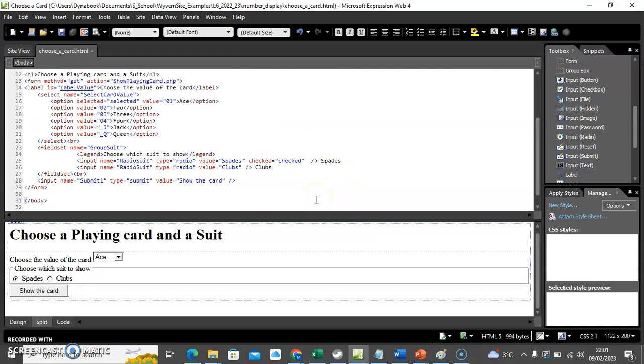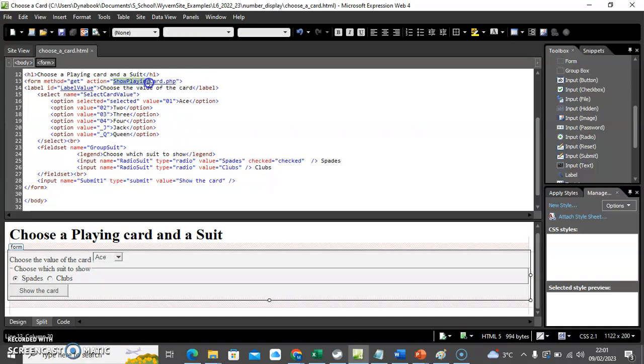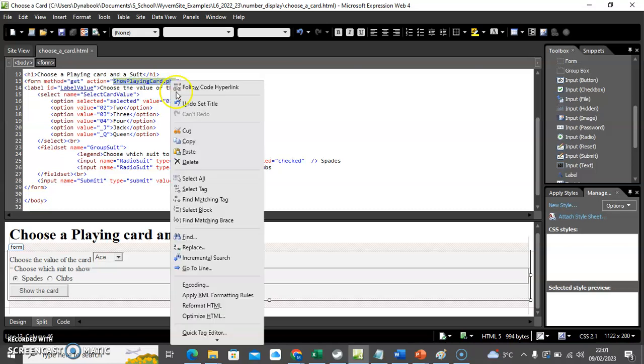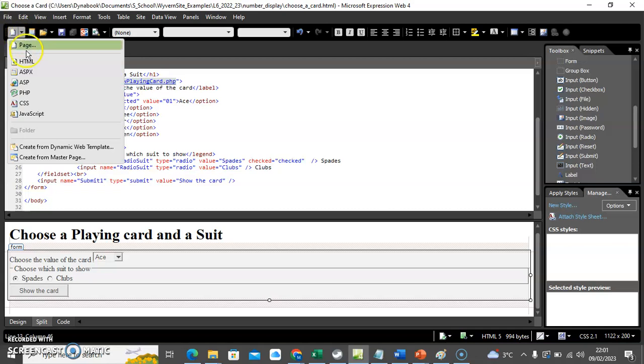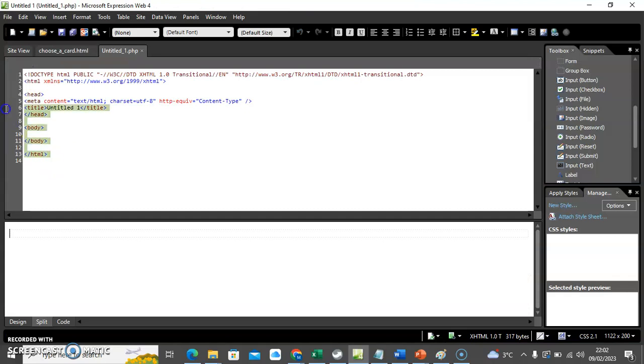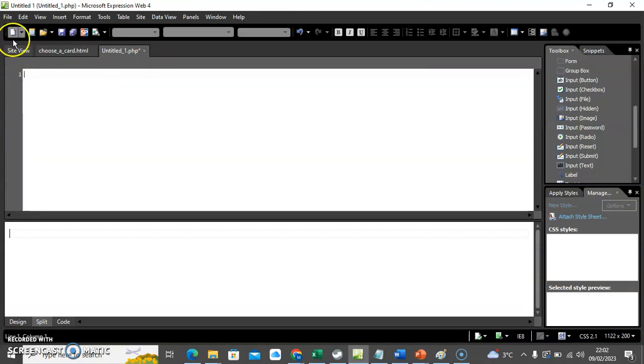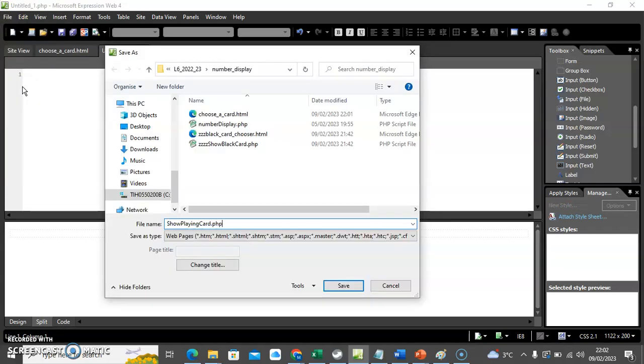Okay, so the next thing to then do is to create the server-side script. It must match the action here, so I'm going to call it showplayingcard.php. I might even just copy that so that I get the spelling exactly right. And I'm going to come here to the new file, and I'm going to choose a PHP script this time. And I'm just going to highlight everything here and remove it, and go File, Save As, paste that name in, showplayingcard.php with a camel case name, save that,